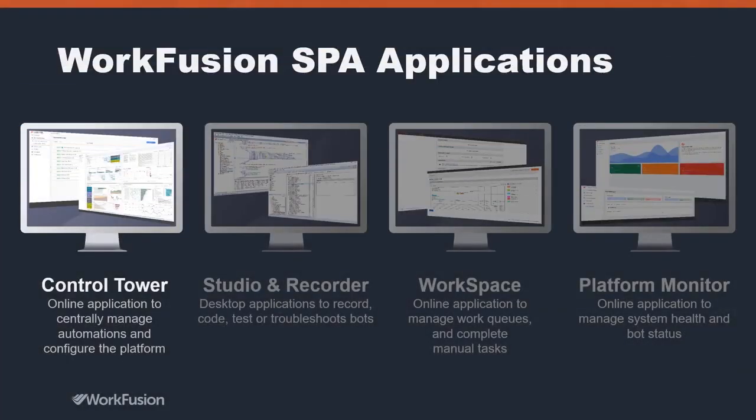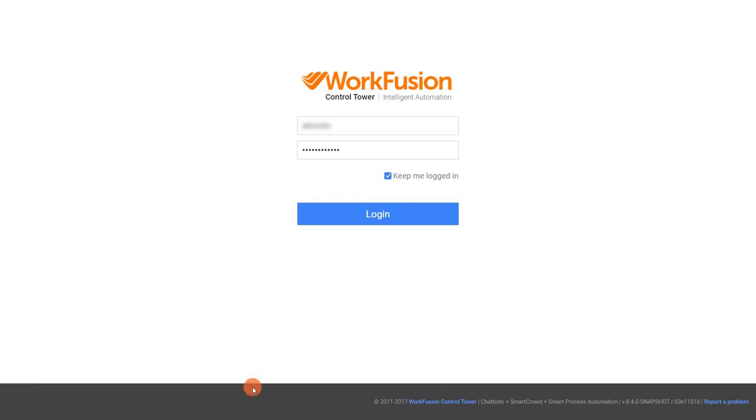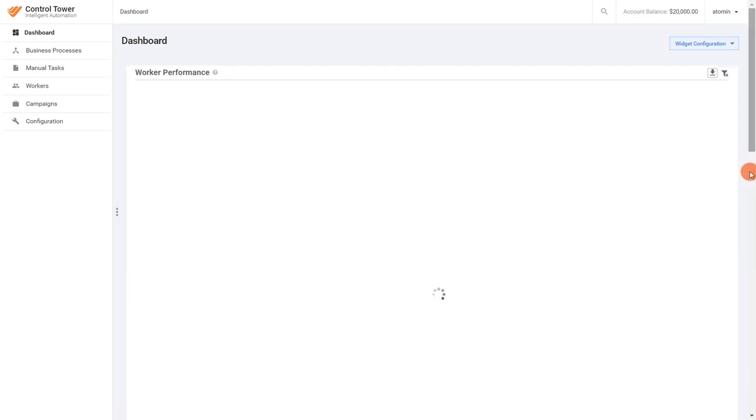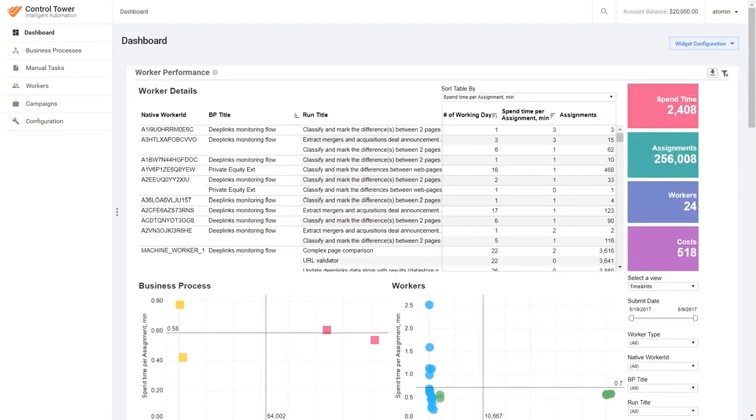In this video, we will discover Control Tower, the smart process automation application that monitors and manages business process operations. Business operations users must manage intelligent automation and monitor automated operations to ensure satisfactory outcomes. Control Tower is the SPA application the business operations team uses to analyze the current state of business process execution